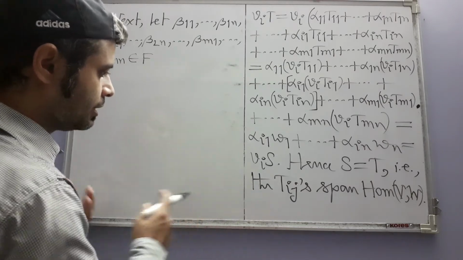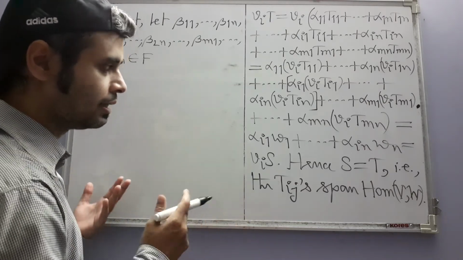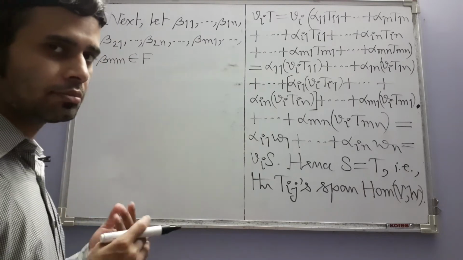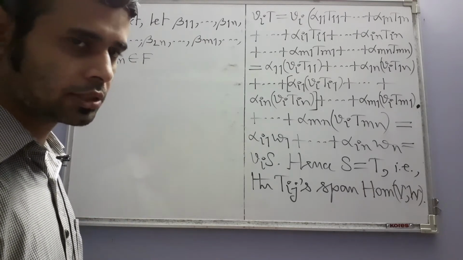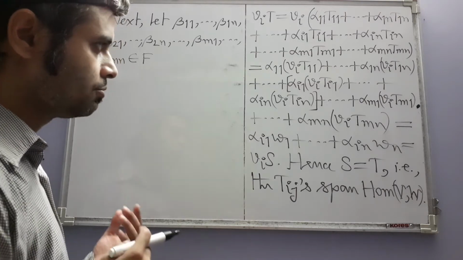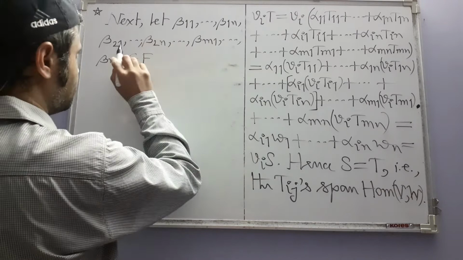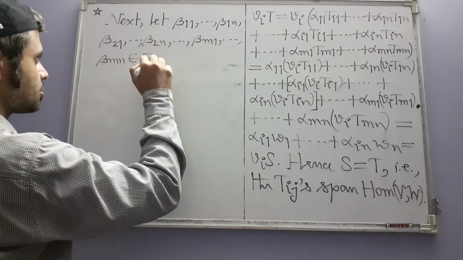To show that the Tij's are linearly independent, again we have to consider some linear combination of them and set that linear combination equal to 0. Then we have to prove that all the scalars are 0. So that's why we consider these scalars such that